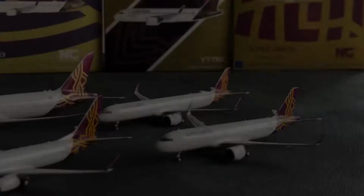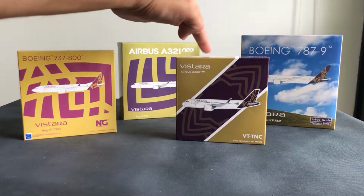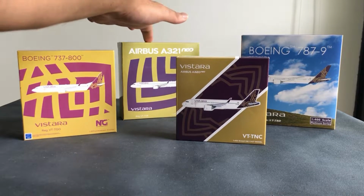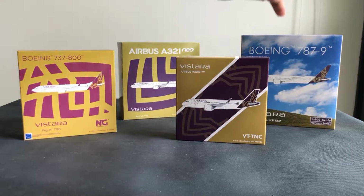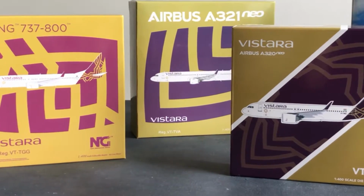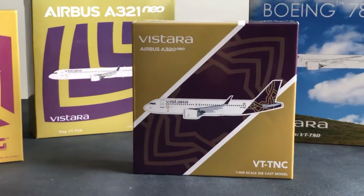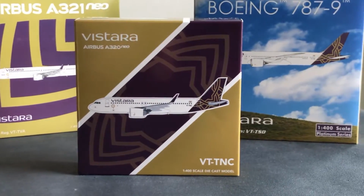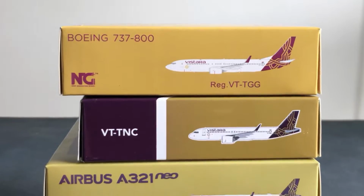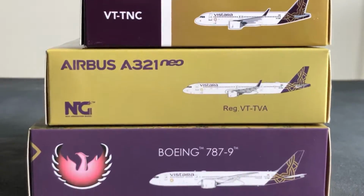Today I'll be showing you my 1 to 400 Vistara fleet collection. In this video I'll be showing you the 737-800, the A320neo, the A321neo and the 787-9 aircraft. Essentially this covers all the aircraft types that Vistara has in their fleet except the A320ceo. The Vistara A321 has had releases by 2 manufacturers and the 787-9 was released by 3 manufacturers, but in this